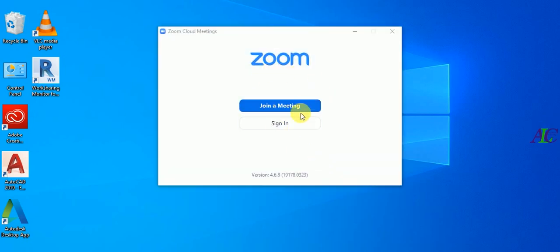If you want to be a host and invite your friends, just click in here and create an account. I will show you how to create the account and how to sign in